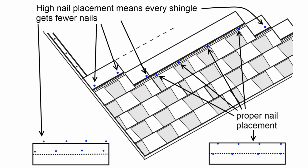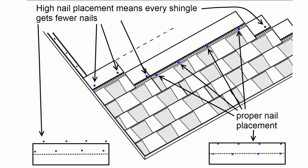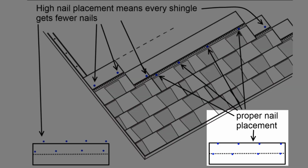So instead of every shingle getting 4 nails in it, one at the edge, 2 in the middle, or if it's a really high slope or a really high wind area, perhaps 2 nails in the middle for a total of 6 nails. Again, I digress, but instead of having that traditional number of nails going through the middle of the shingle, you also have the shingle above catching the top edge, and all of those nails are going to go through the shingle. So instead of having 4 nails in a shingle, you actually have 8 holding every shingle